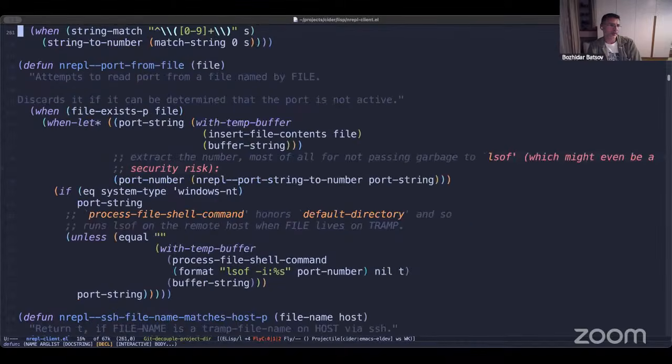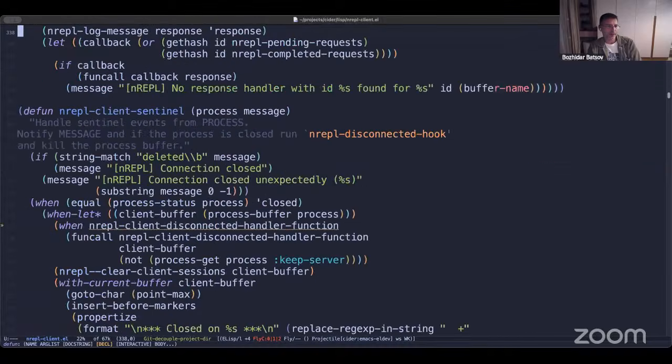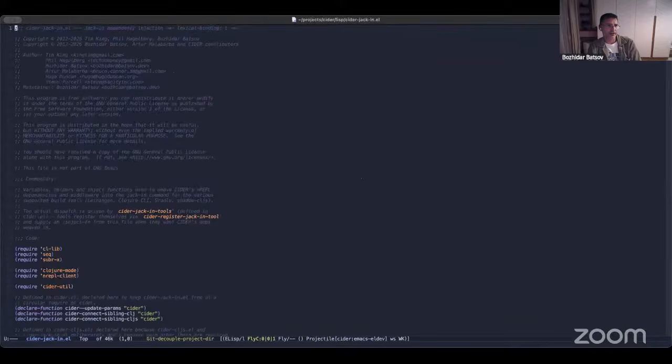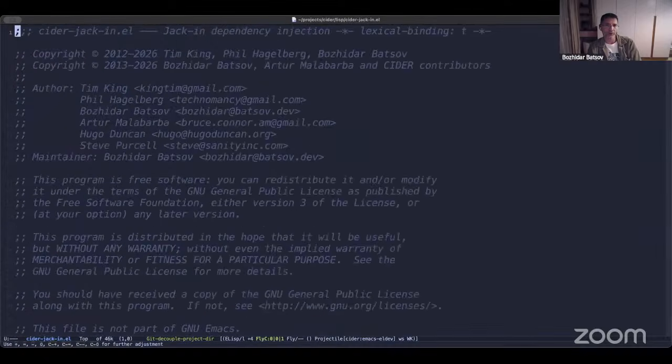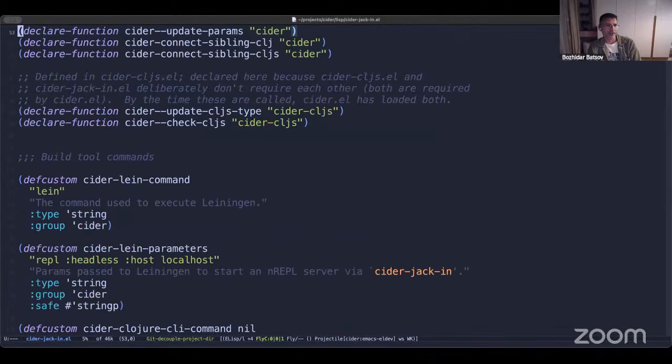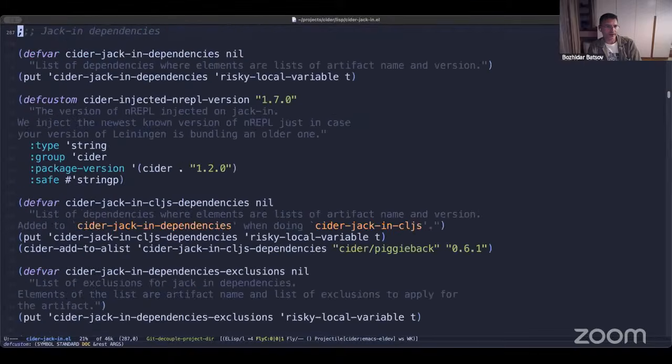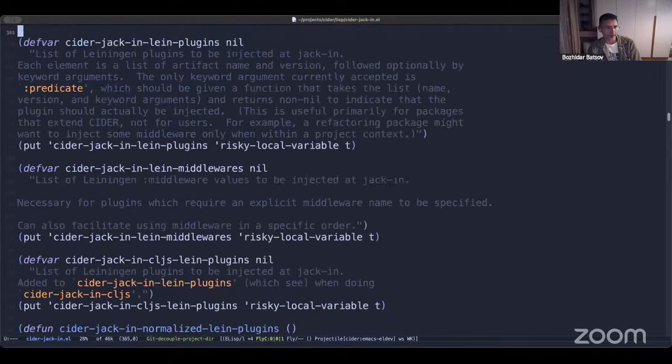And I have spent a lot of time this month untangling this from the rest of CIDER. Also, in the cleanup area, I almost rewrote the jack-in functionality to be simpler, to be isolated from the rest of CIDER. And I want to show you how